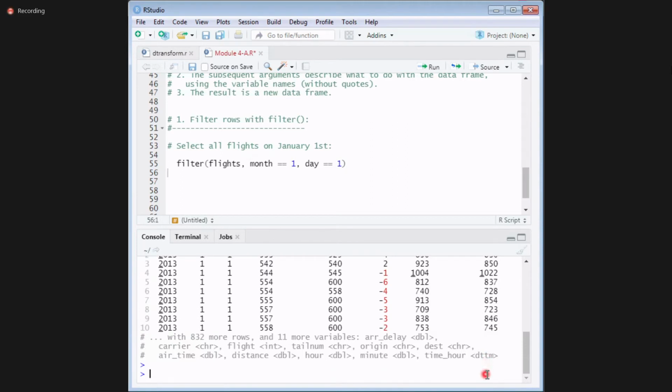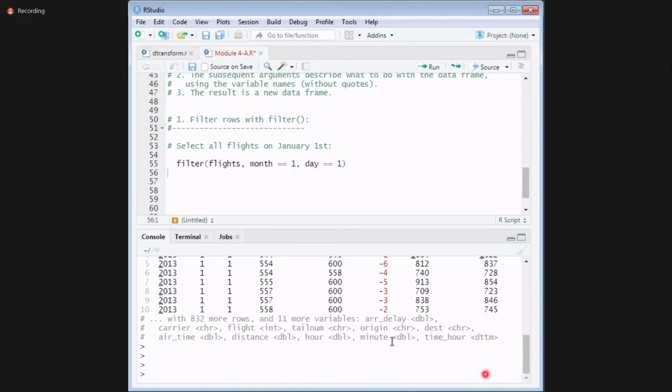If you see here, observe carefully. 832. Total were above 3 lakhs. Yes or no? There are more than 3 lakhs in total, 19 columns. So out of the 19 columns, 8 here and 11 here, all the 19 are selected, but only 800 rows have been selected. So is my filter working fine or not?